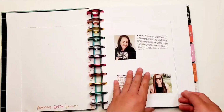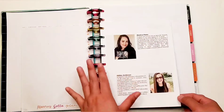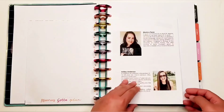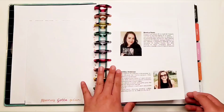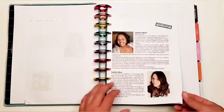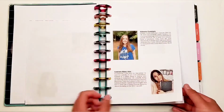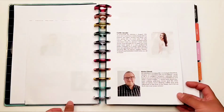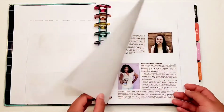So these next few pages were very, very graciously put together by Paulina. We had a thread in our group where we introduced ourselves and mentioned our birthdays, our ages, what we do, what kind of things we like. And Paulina right here put together this awesome file so that we could have everything in one place along with everyone's pictures. And this is everyone in our squad